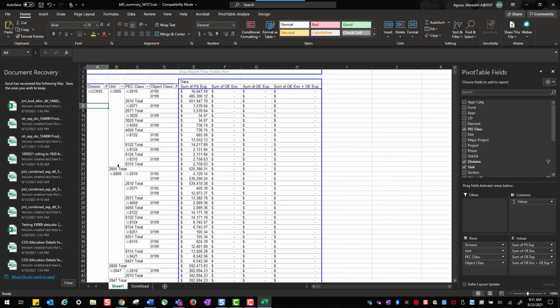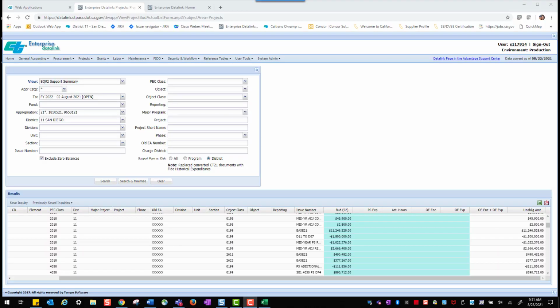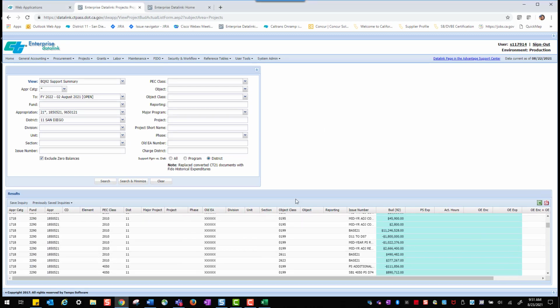Okay, so that's a very quick high-level tutorial on pivot tables. Feel free to play around and make your own, create them, get creative, color code them, format them, etc. But you're going to have all of your information just from this one report. Okay, so that was a quick little side tutorial on pivot tables. If this is a report that you're going to run all the time, you might want to go ahead and